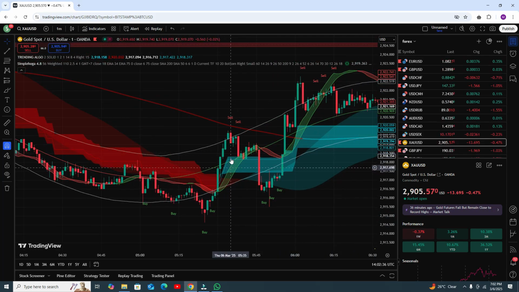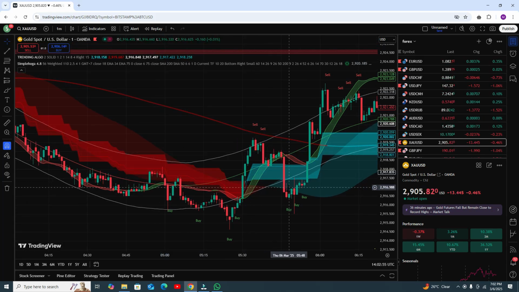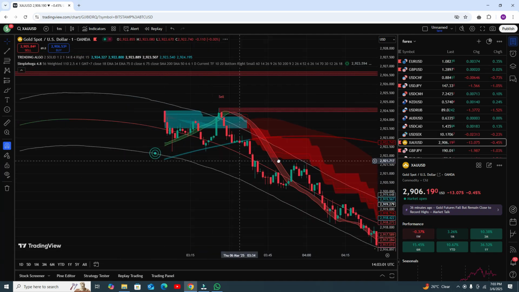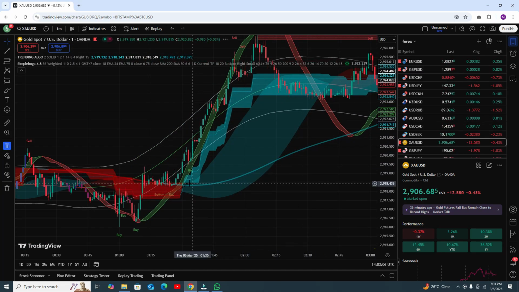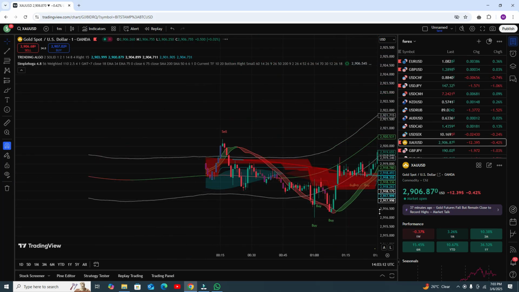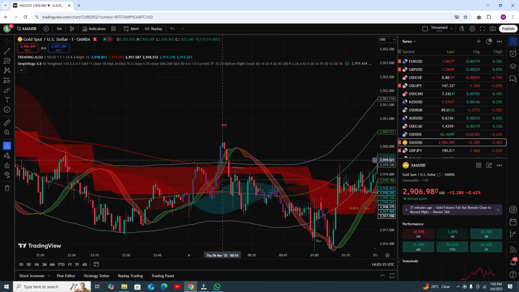Okay, in this condition, the trend line is a red one, but the trend clouds are clearly saying that it is a buy condition, so you need to follow the buy signal, not the sell signal. Okay, that is actually not a strong buy signal, that is a weak buy signal. Okay, when your conditions are perfectly true, like this one, that is a strong buy condition. And here you can see that is a strong sell condition.